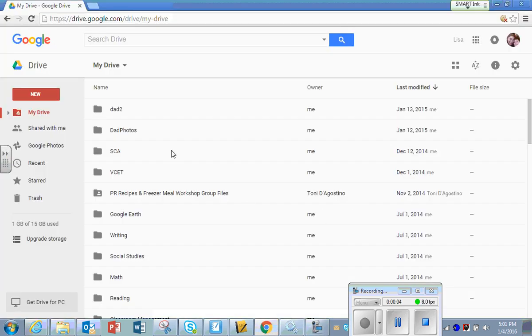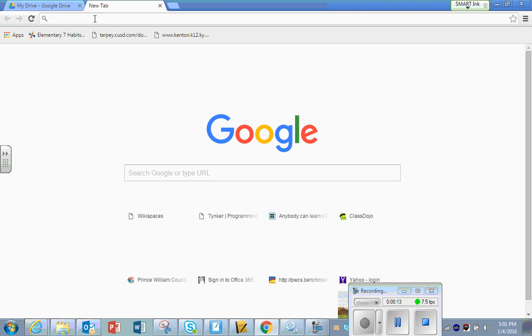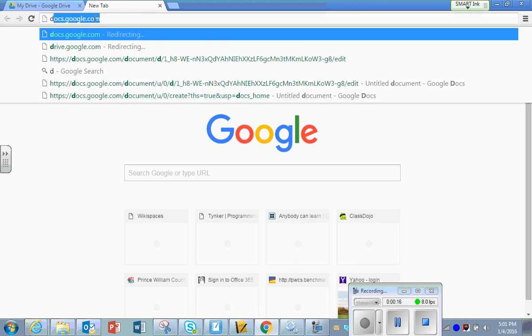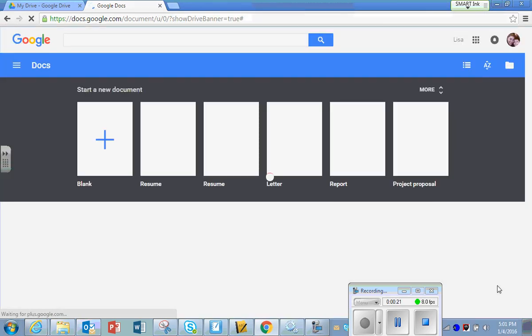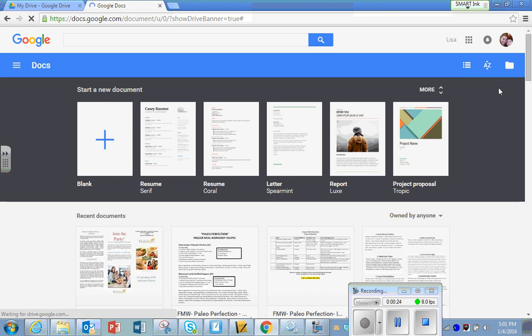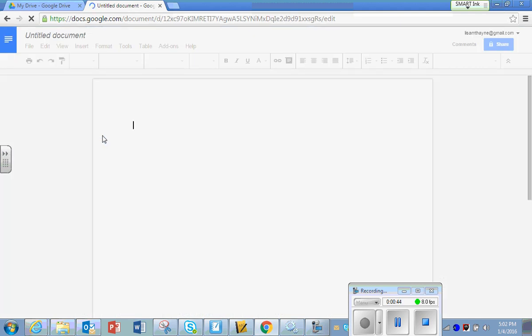So when you create a Google form, you're going to want to make sure that you're in Chrome. You're going to go to docs.google.com. I'm already signed in to my Google Drive. If you're not signed in, just sign in. It'll ask you to sign in, and if you don't have a Google account, then you just need to create a Google account. It says start a new document, create a blank document,